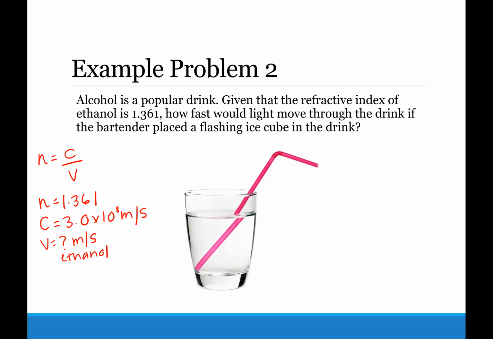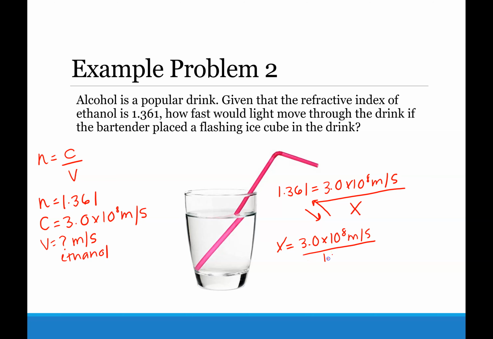So plugging in what we have here, 1.361 equals 3.0 times 10 to the 8 meters per second divided by x. And when we rearrange this the way that we did in the previous problem, it turns into x equals 3.0 times 10 to the 8 meters per second divided by 1.361. When you put that in your calculators, you will get that v equals 2.20 times 10 to the 8